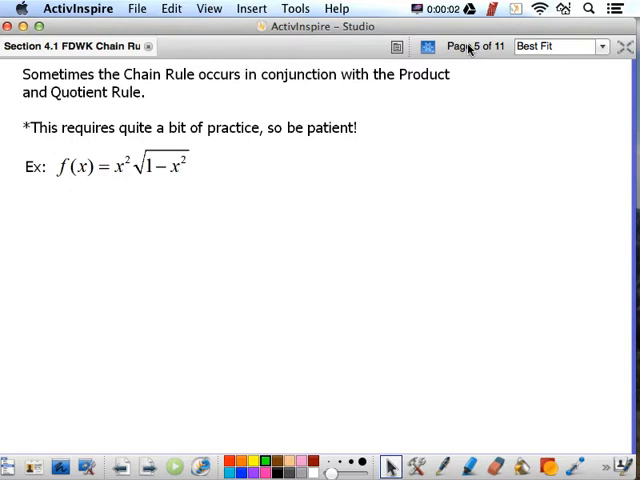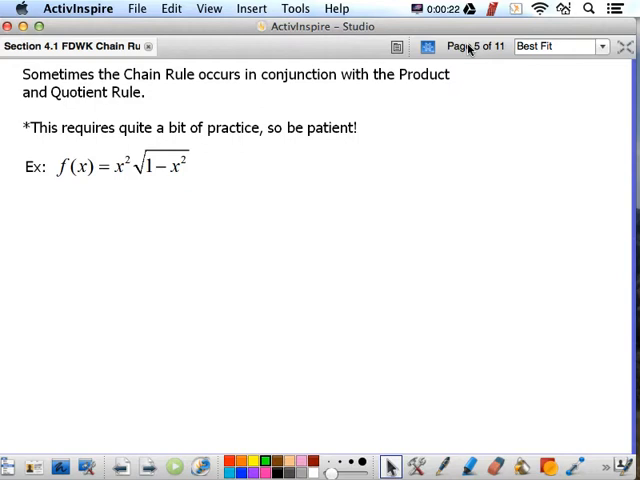Sometimes the chain rule occurs in conjunction with the product and quotient rule. This really does require a good bit of practice, so you need to be patient. Radicals make it worse. There's also some weird factoring involved when you get common denominators that can throw things off as well. So we're just going to start here, and we're going to look at f of x